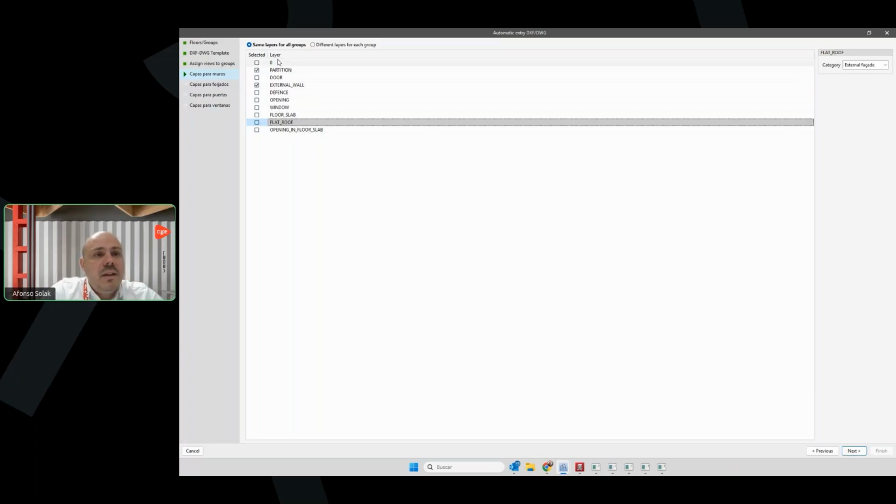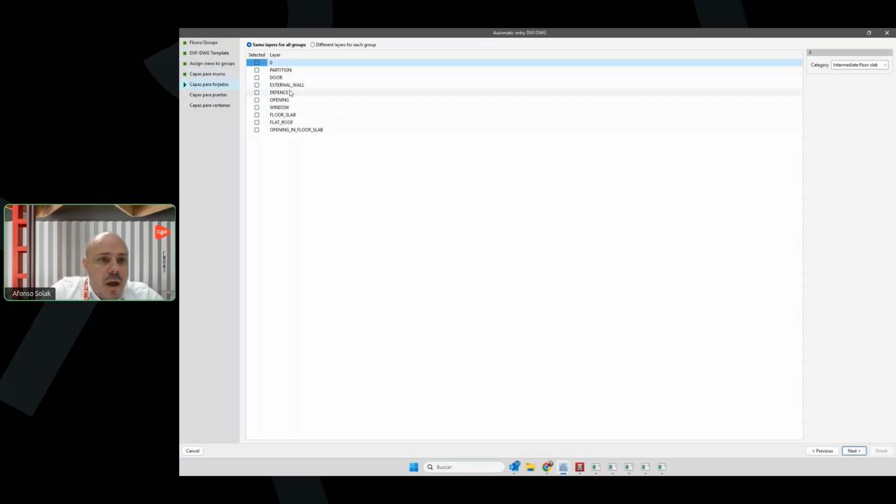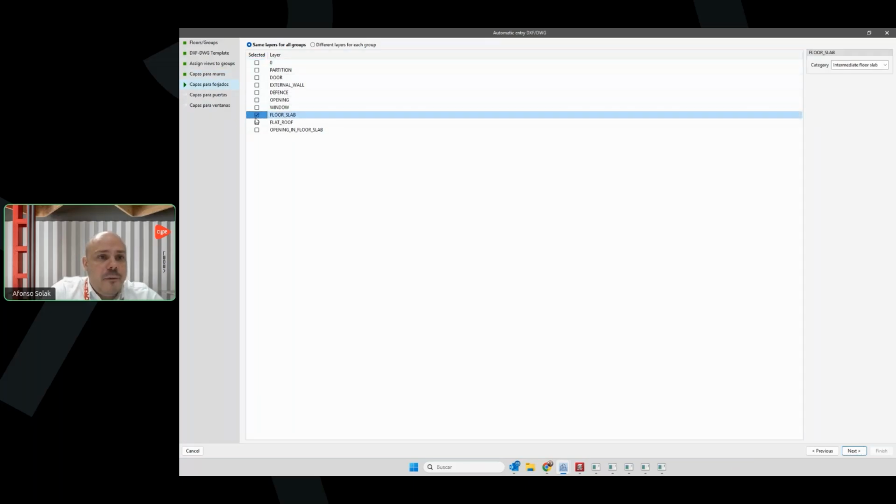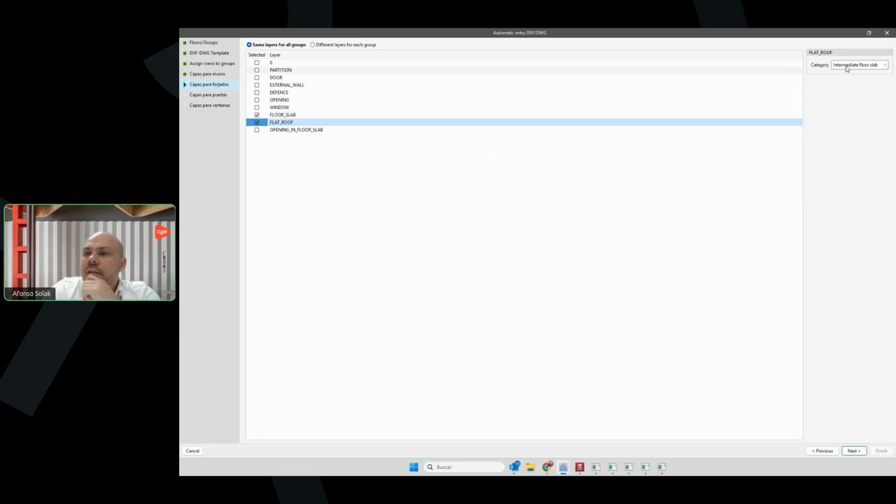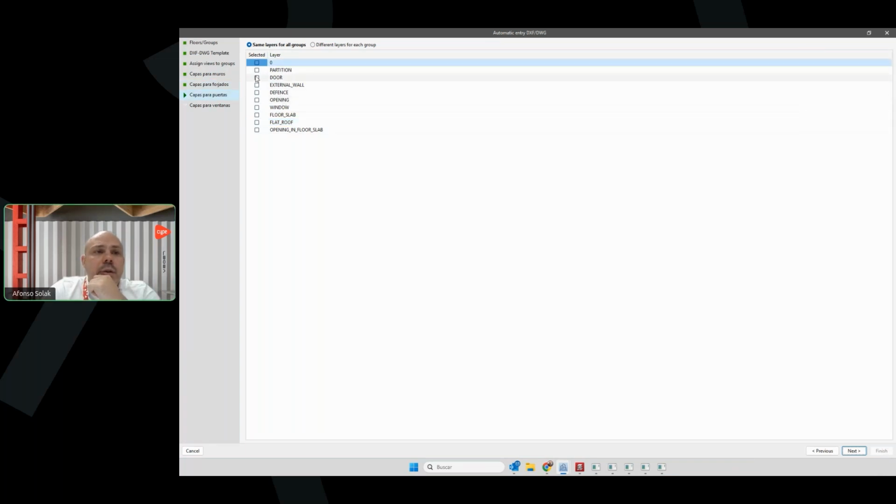Okay, so I think that for the walls, with these 2 elements, I can create the walls of my project between partitions and external walls. For slabs, it's going to be similar. I will have here, for example, my floor slab. I will consider it as intermediate floor slab. Flat roofs, they will be roof, okay? For doors, the doors is going to be door, and for the windows is going to be window,